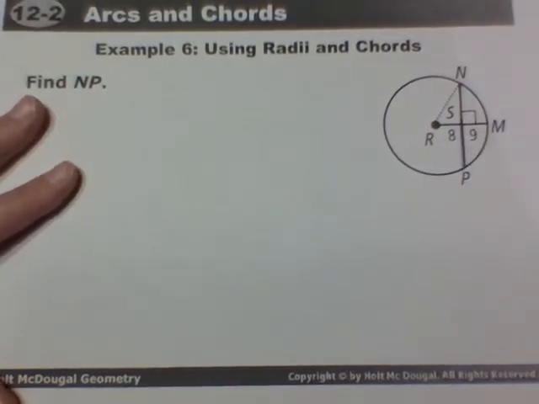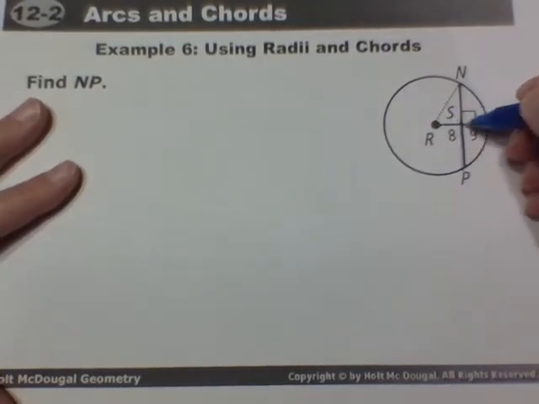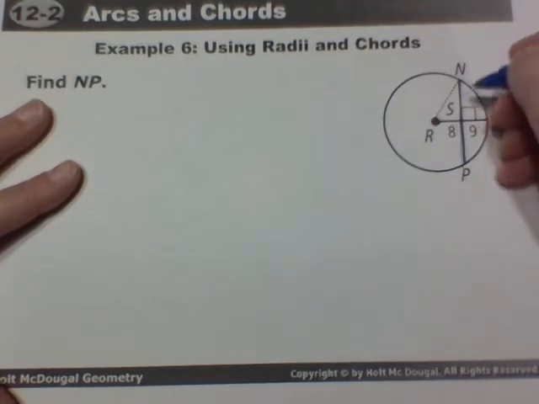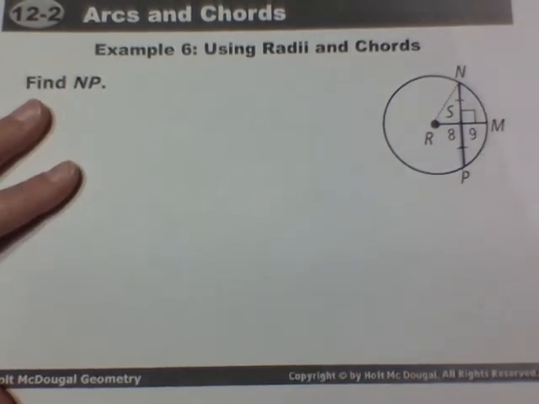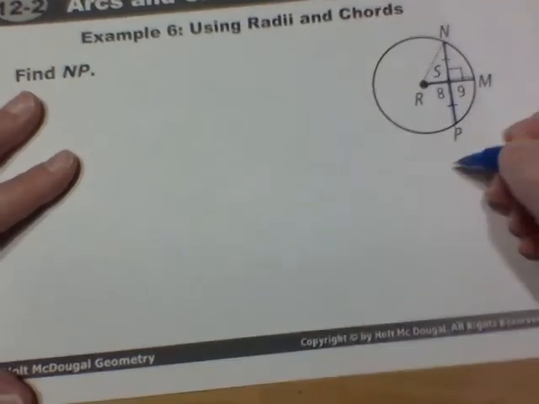And if we think back to what we just had, if this is the radius, which we know it is, and that radius met this chord at 90 degrees, we have officially cut this chord into two pieces that match. I don't know what those two pieces are, but I do have an indication of how to get them by the fact that this radius is RM,